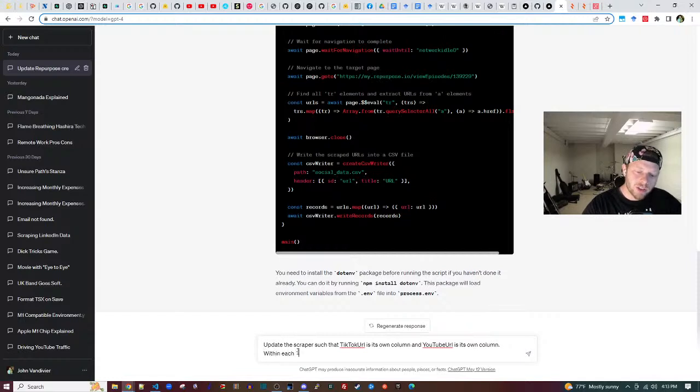Within each TR, we only want to write a single URL for each platform into the CSV. We also want columns for published at and